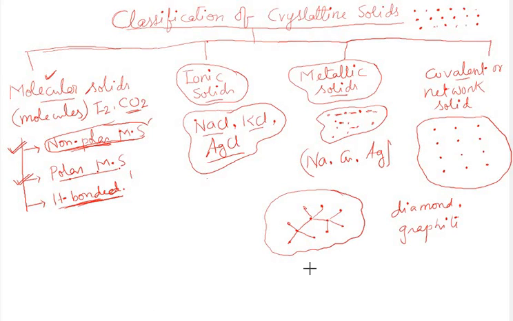Now some other examples of covalent or network solid are SiO2, aluminum nitride, even SiC, silicon carbide. Okay, all these compounds come under the category of